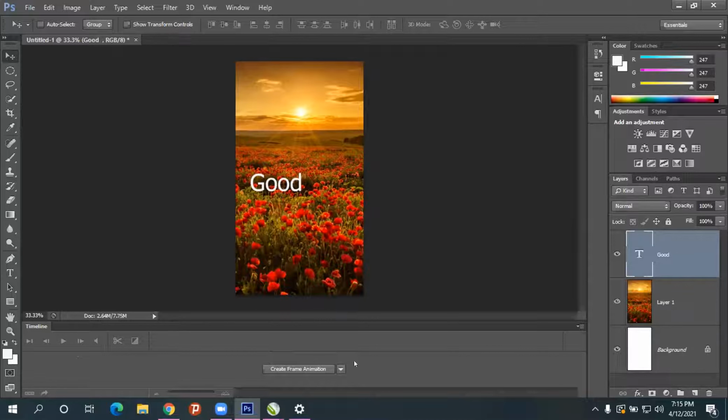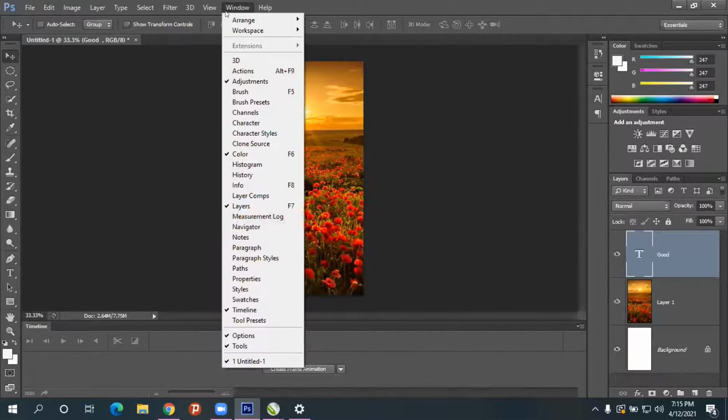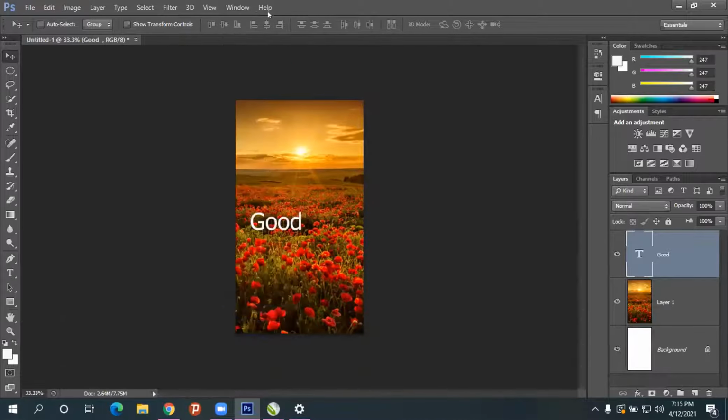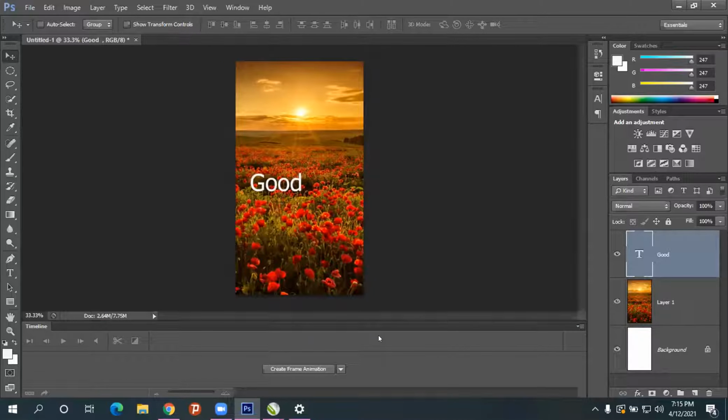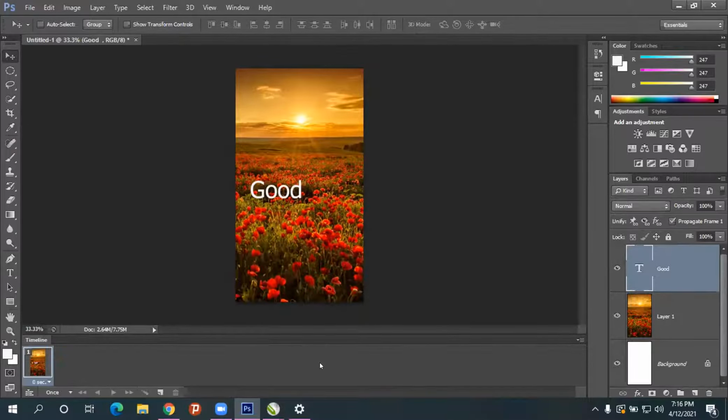Go to window menu, enable timeline. And in that, we click on frame animation and you have to give create frame animation. That's it. Any questions in this?